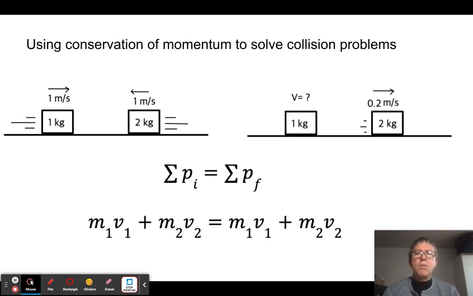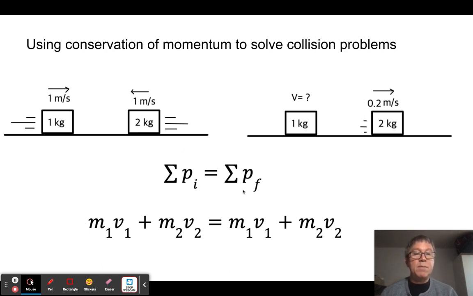So the problems we're usually faced with are something like this. We're told what the initial mass and velocity of the objects are, and we're told what the velocity of one of the objects is afterwards, and we're asked to solve for the final one. And the way we do it is we use